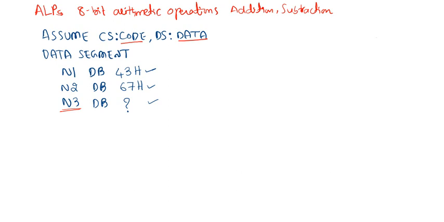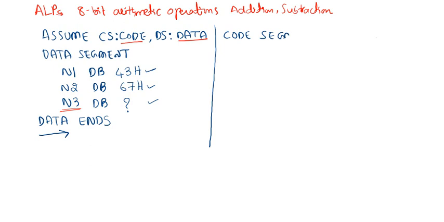So now this is related to the data segment. Now it is time to end this data segment. For a segment, the end statement must be data ends. So now we need to start the code segment. You need to write it after the data segment, but I am writing it here. In the code segment, let us use one label to indicate the start of the program.